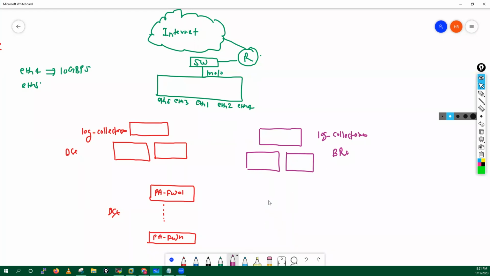And after that, I do have a few firewalls as well, like PA BR firewall 01 till PA DR firewall, means I have around some firewalls. They belong to my different branches. Okay, different locations, doesn't matter. We have a connectivity between your log collectors and these DC firewalls and your branch firewalls. They have a connectivity with each other somehow through MPLS link or through IPsec VPNs, any media. Okay, now,